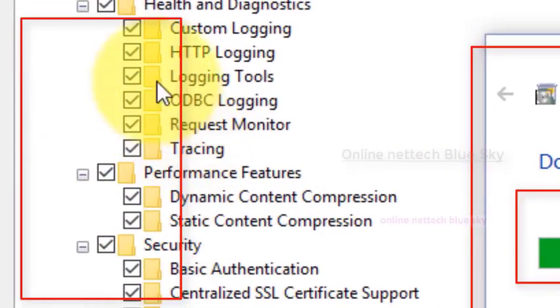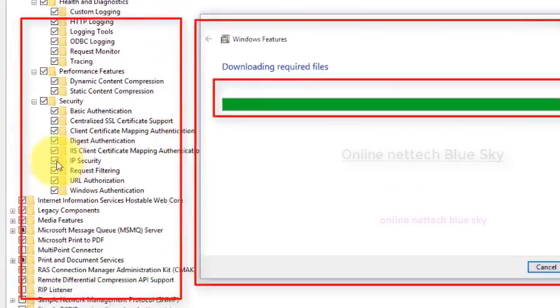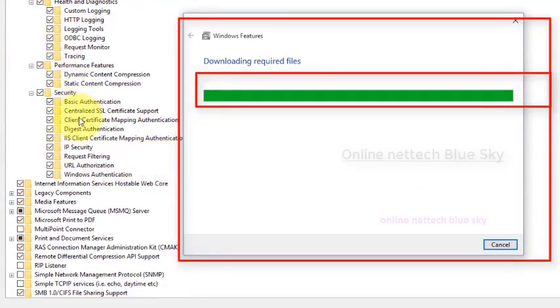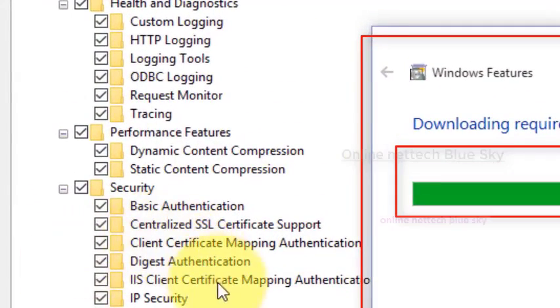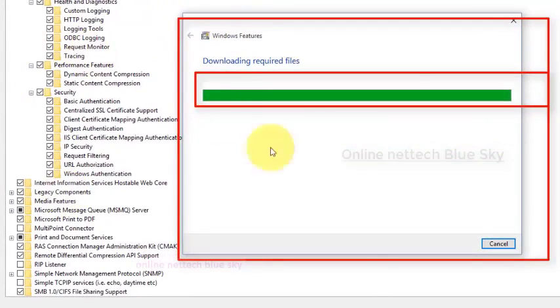You can see here custom logging and different types, all the features you want, click on them and click OK. You can see some required files downloading from my updated data, and this is all of my options you want to discuss.